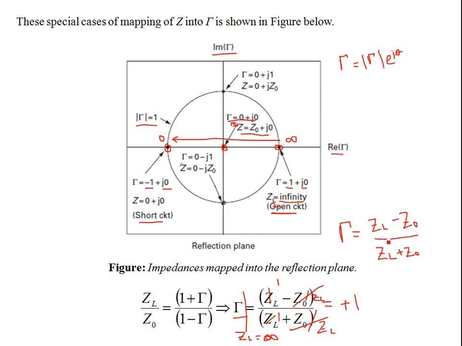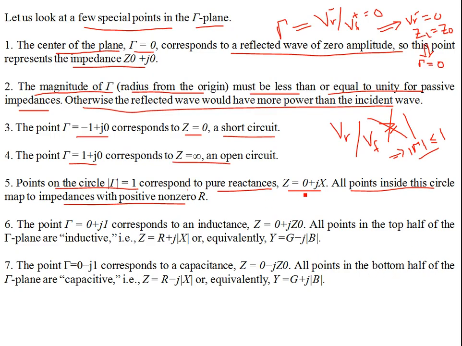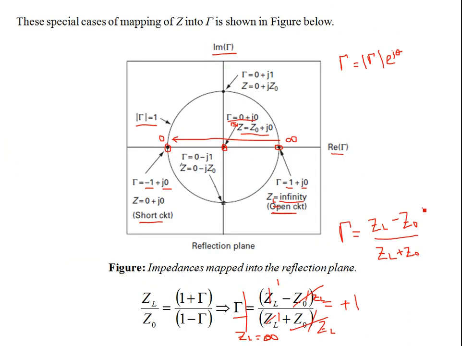The reason is that they are pure reactances. It implies pure reactance in terms of the impedance. So all points inside map to the impedance with positive non-zero R. If you have z equal to 0 plus jx, the load impedance is of the form which is either purely inductive or purely capacitive. So let's say jx. If you substitute this for ZL, then we have jx minus z0 over jx